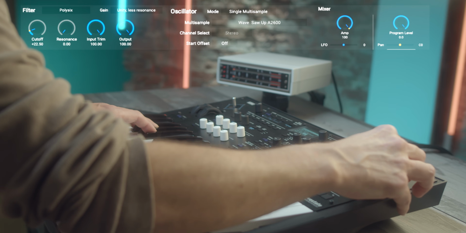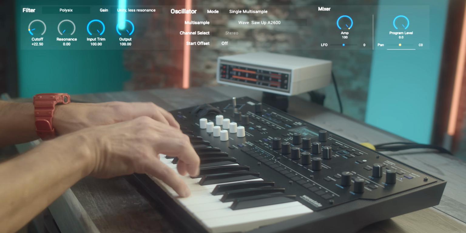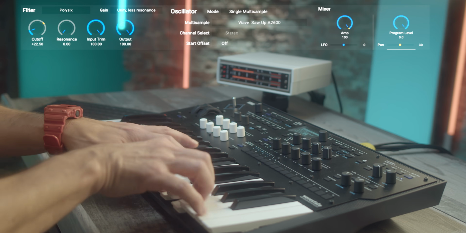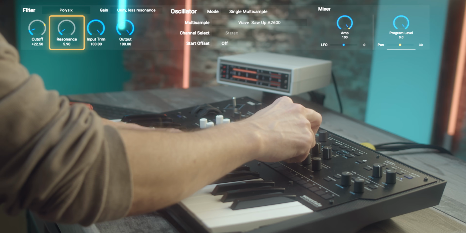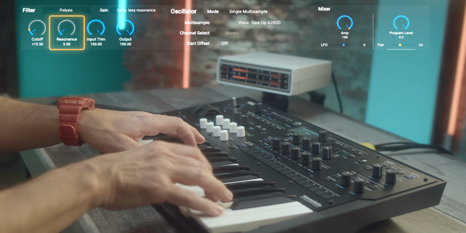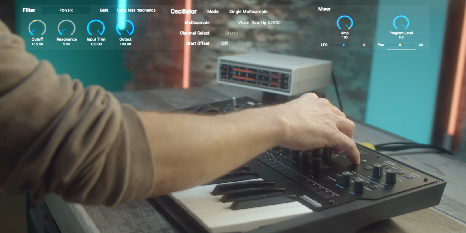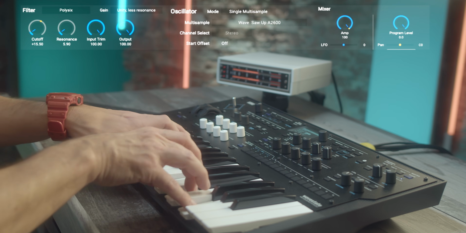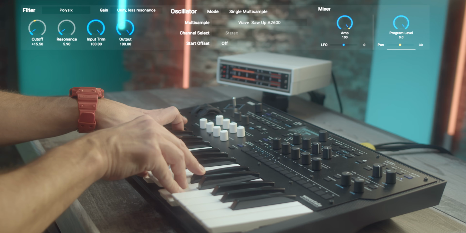Let's add a bit of reverb, just for the fun of it. Yeah, it's quite good. I add a tiny bit of resonance. Make it a bit sharper. Yeah, I quite like it.